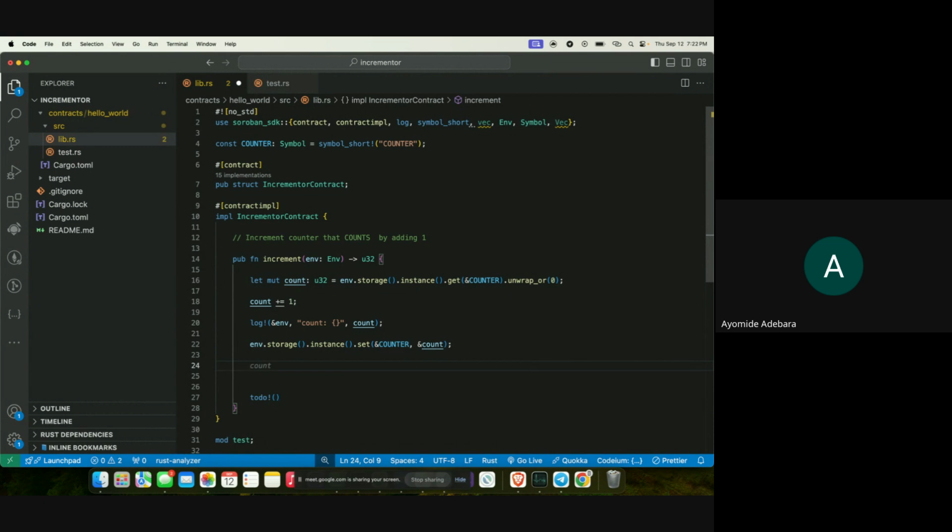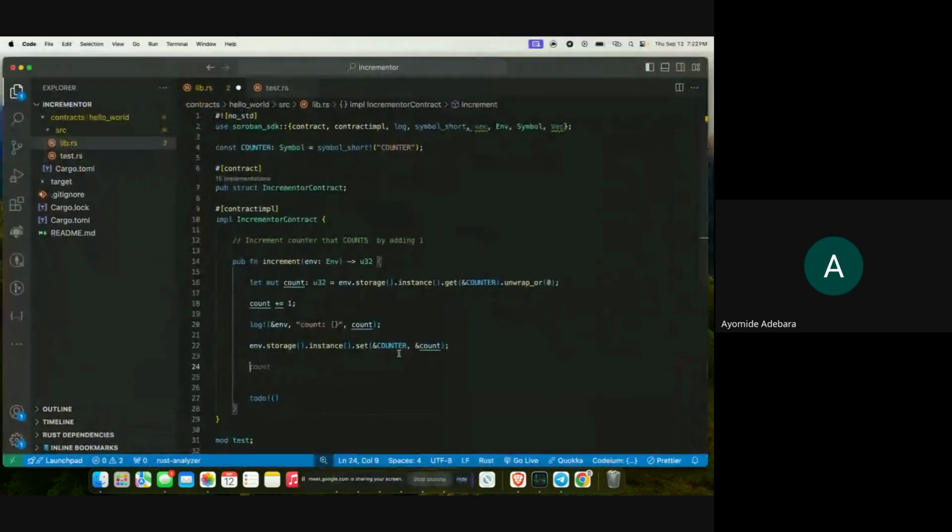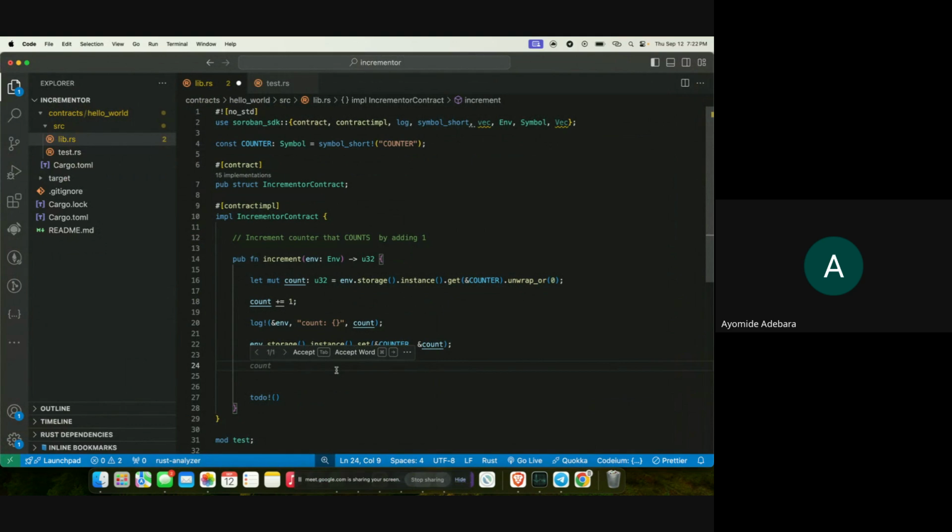This means that we want to keep this particular count in the ledger until a certain ledger. What does that mean? That means that what we are trying to count, we are trying to keep it in the blockchain, in the Stellar blockchain, which is the ledger. We can call it the block, but in Stellar we call it ledger. And so until a certain ledger, it is then removed. So how do you do that? You say